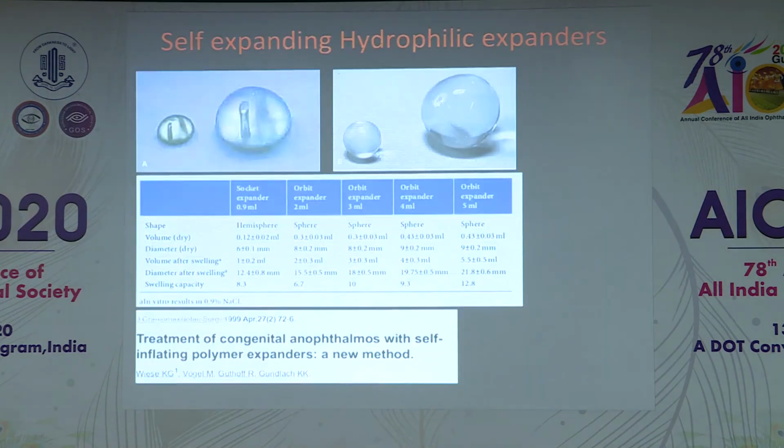Then coming to recent concepts. The reason recent concepts have come about is we're constantly taking the child in and out or sending them to an ocularist. So the whole concept was, let's not do that. And this was one of the first ones, so I've tried to do it chronologically, which is in 1999, Weiss